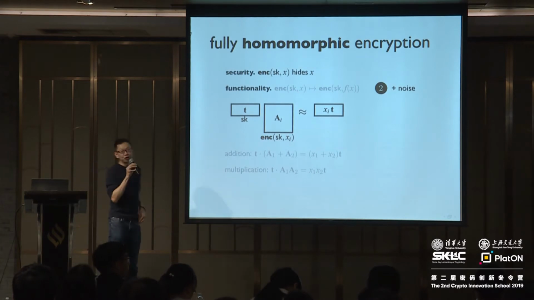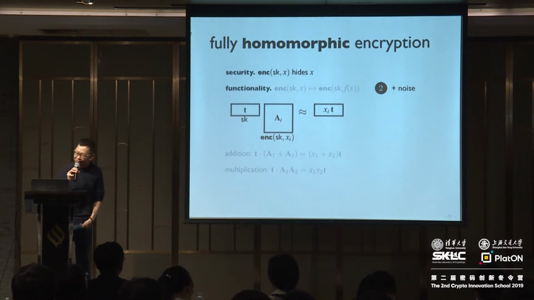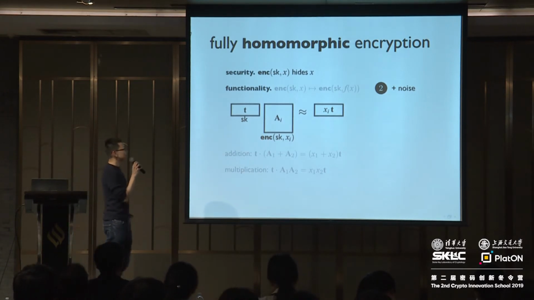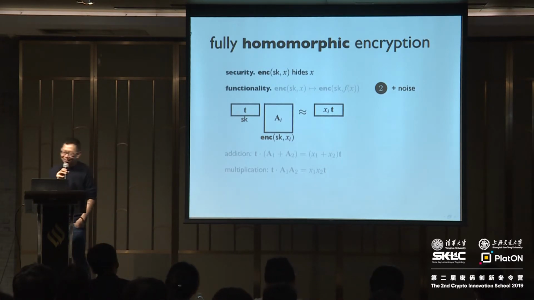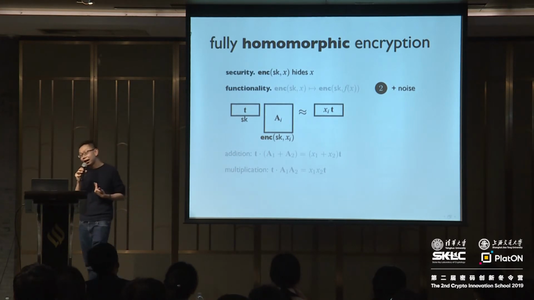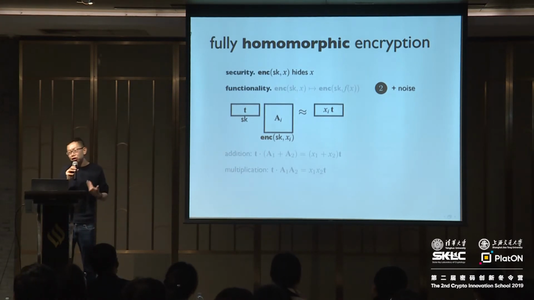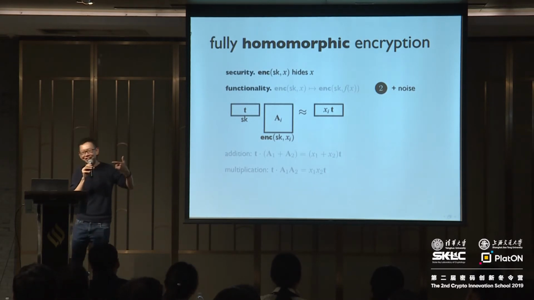We're basically going to add noise to the scheme. Right? So roughly speaking, an encryption of x is no longer a matrix with exact eigenvector T, but rather is an approximate eigenvector T in the following sense. So encryption of xi is going to be a random matrix Ai, such that T times Ai is close to xi times T. Okay, close in the sense of, let's say, L2 norm. Right? So it's short, not in the sense of having small weights.